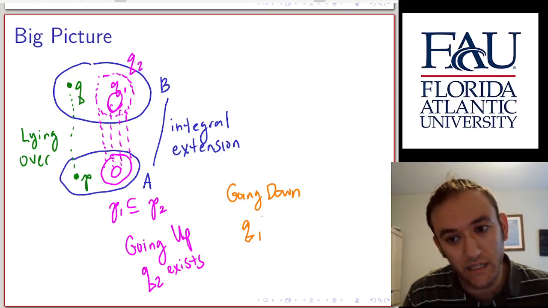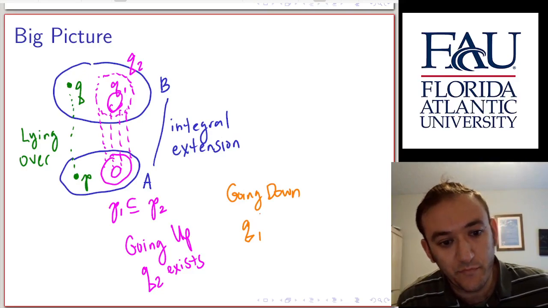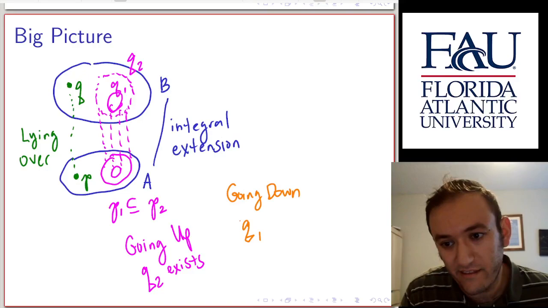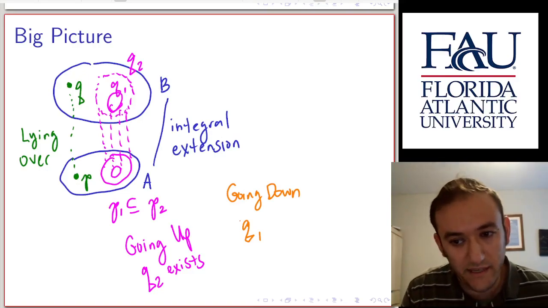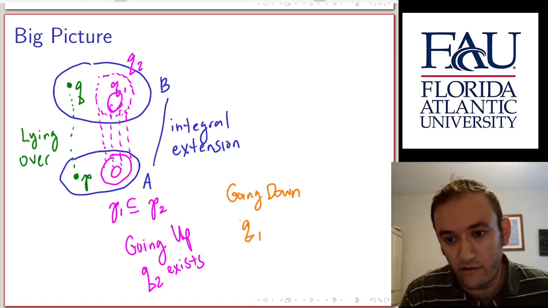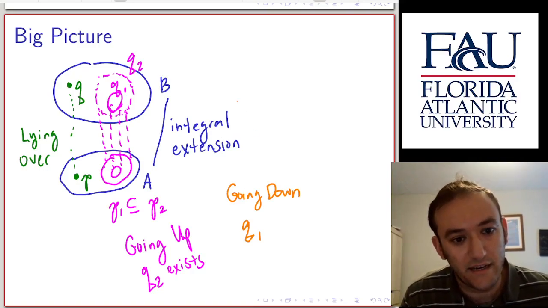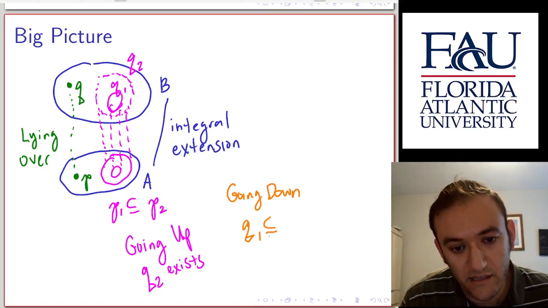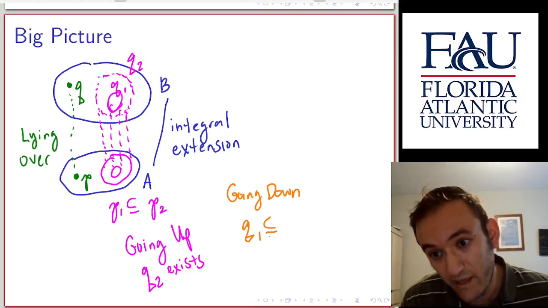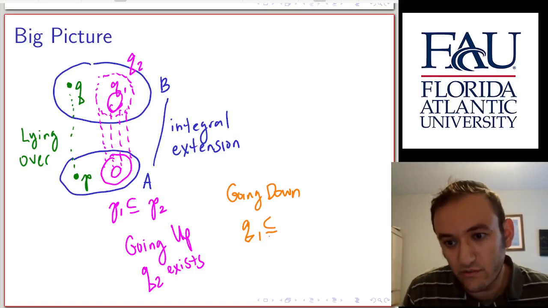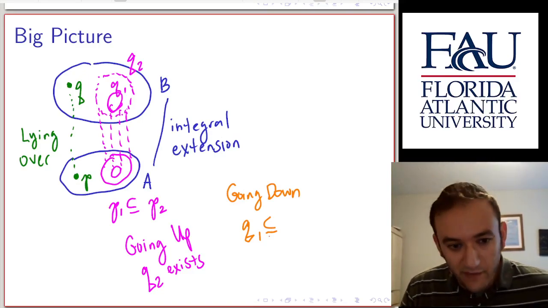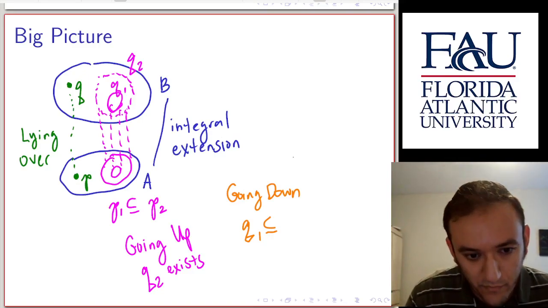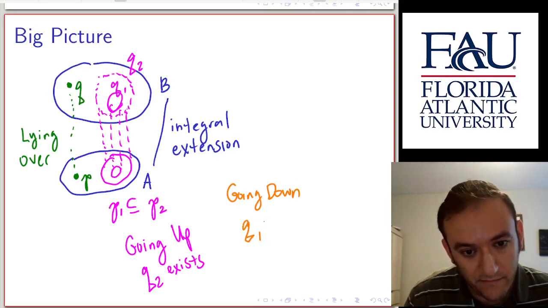In particular, A needs to be integrally closed, given we're already assuming that both of these rings are integral domains, but the going up theorem is true even where they are not integral domains, and the going down theorem is only true where the lower ring is an integral domain and the upper ring has some special condition on its zero divisors. So you can think of the going down theorem as being much more special than the going up theorem. Q1 exists.